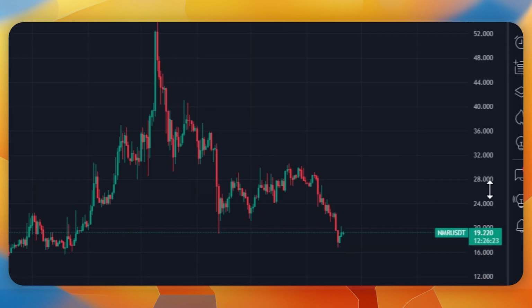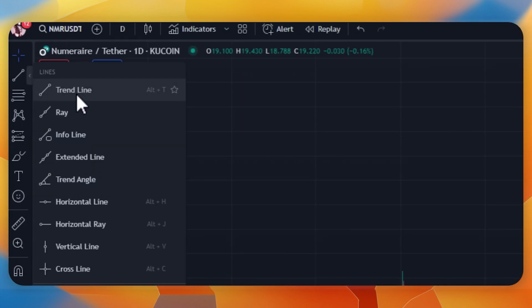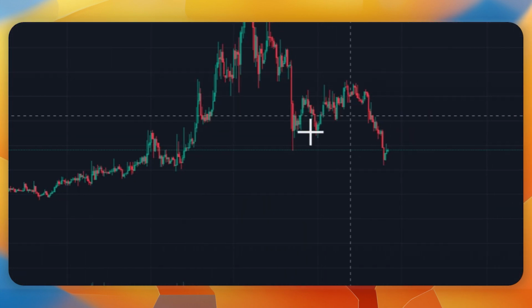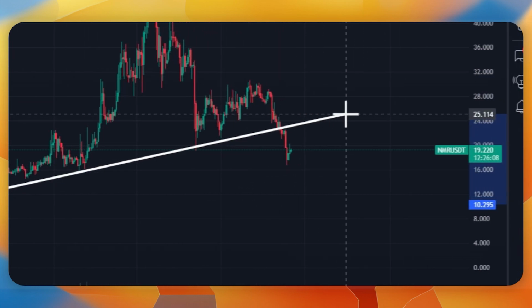Just make sure that you get everything in frame. Now, what I like to do for quick technical analysis is I like to draw two lines first of all. I like to go here, click the trend line button. Then I like to look at the low and see where the sloping trend line is. So I like to draw a sloping trend line along the bottom right here, like that,